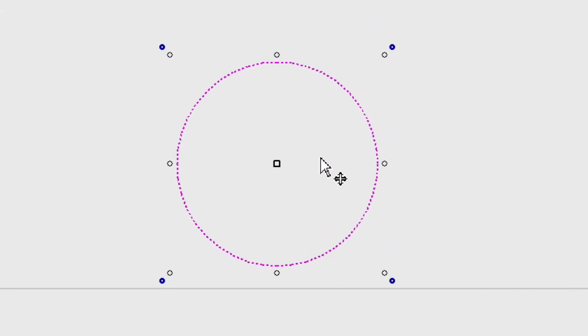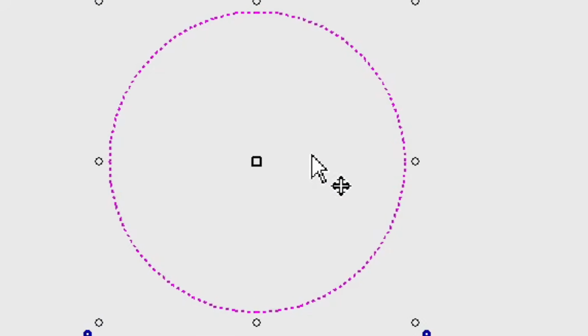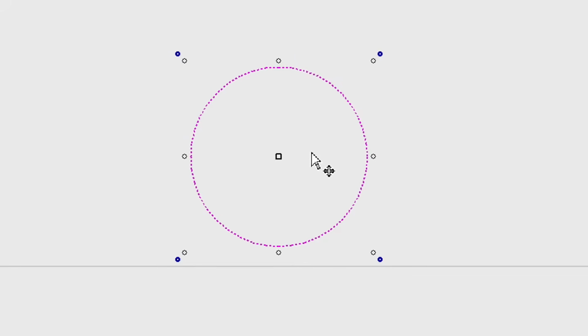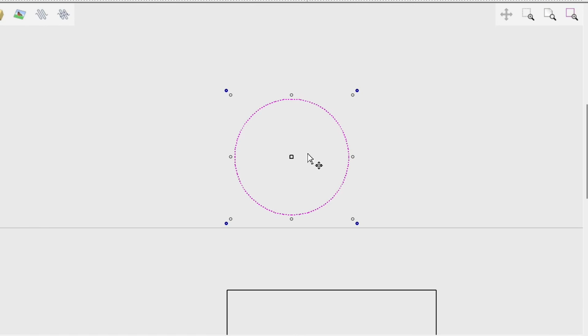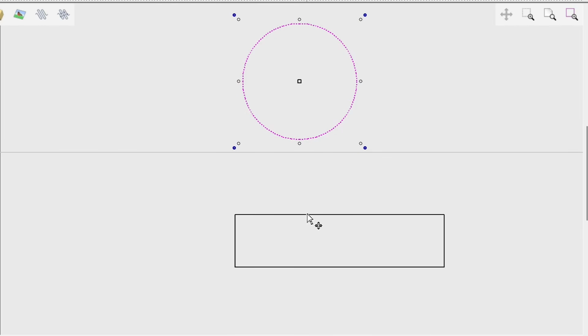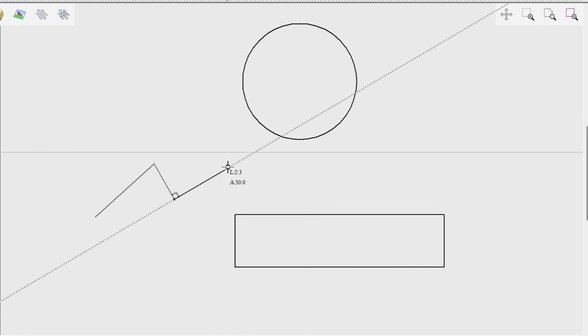These are called handles. And you look at my cursor, and it's got this little dual arrow on it, the arrow going side to side and up and down. And what that's telling me is now I can move this circle around if I so choose. And this center handle will show up on the circle, it'll show up on the rectangle. I'm going to draw a line, just like that, and get out of the line. It'll show up on a line. All these will have that